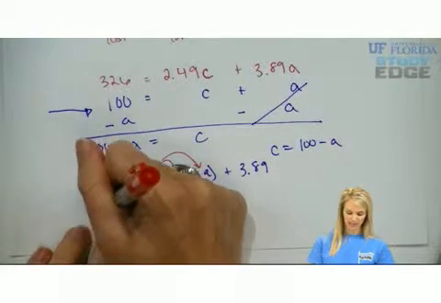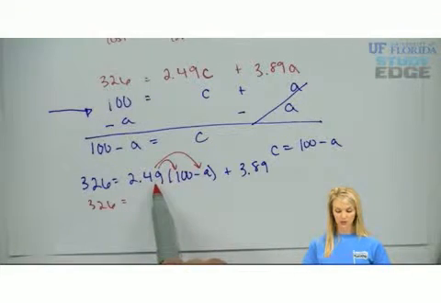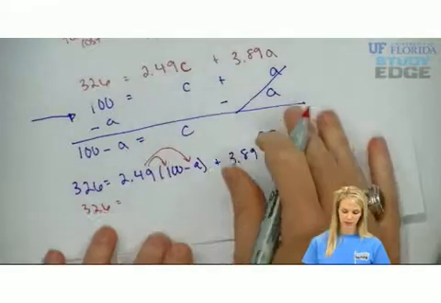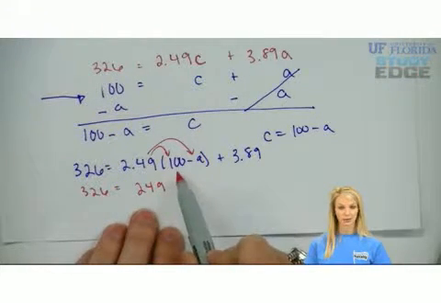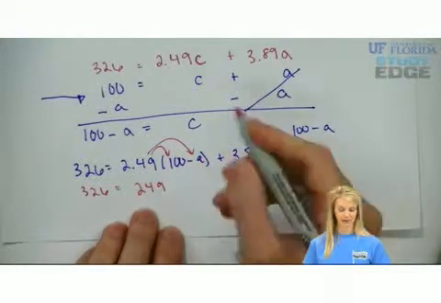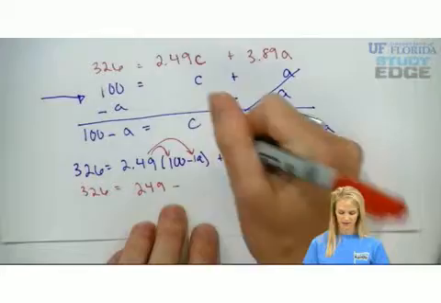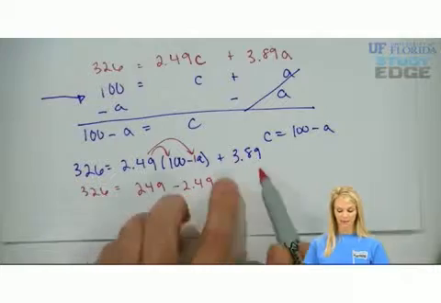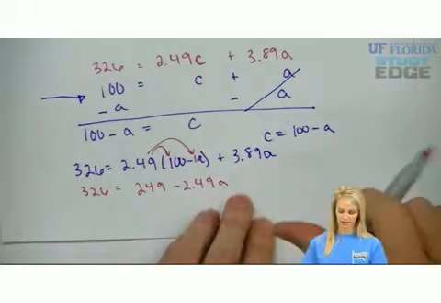That gives us 326 is equal to, what is 249 times 100? $2.49 times 100. Well, multiplying by 100 is basically moving that decimal place over 2 places, so we get 249. So we did $2.49 times 100. That gave us 249. $2.49 times a negative A. A positive times a negative, we're going to get a negative 249. A by itself, that's really just a coefficient of 1. 249 times 1 gives us 249. So we have negative 249A plus, and there's an A right here that I forgot to write. You guys got to catch me on things like that. Plus